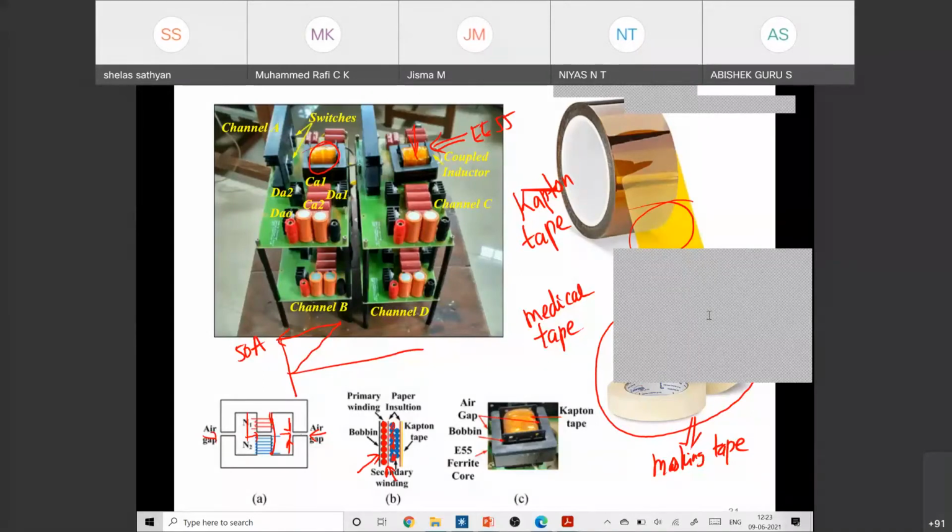Okay. And the second question is how to reduce the noise generated in a flyback transformer if switching is done at 60 kilohertz? Okay. So the noise is not coming from the transformer. It is basically due to the leakage inductance of your flyback converter. So there are two methods. Either you have to reduce the leakage inductance or you have to provide some clamping. The clamping can be done through an RCD clamping, resistor capacitor diode.